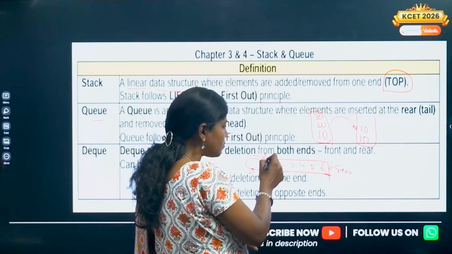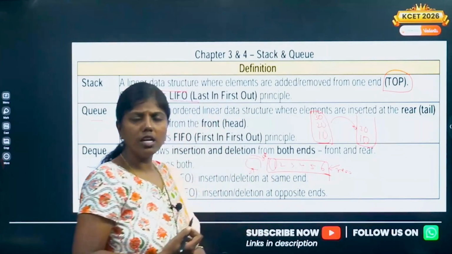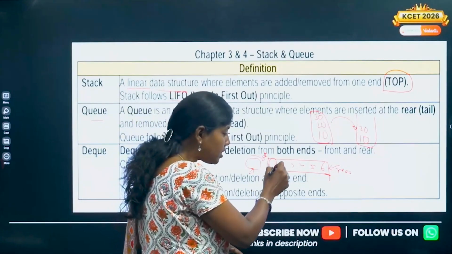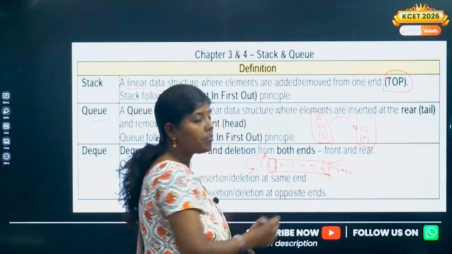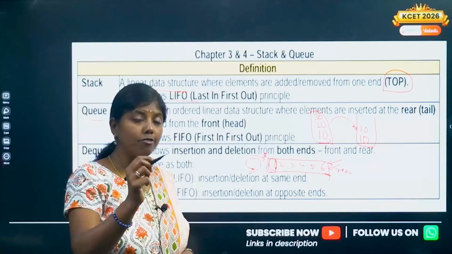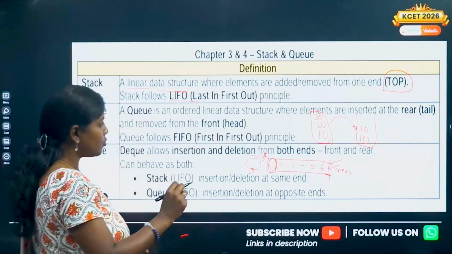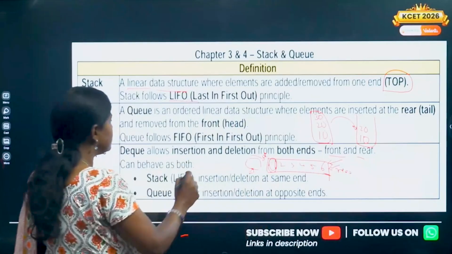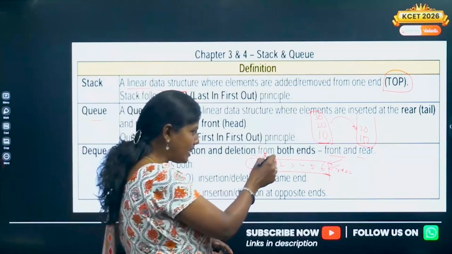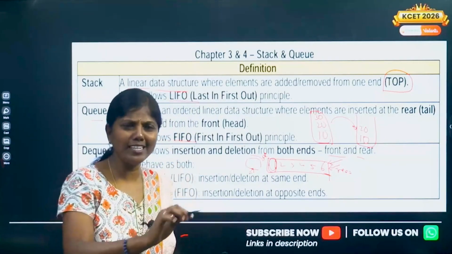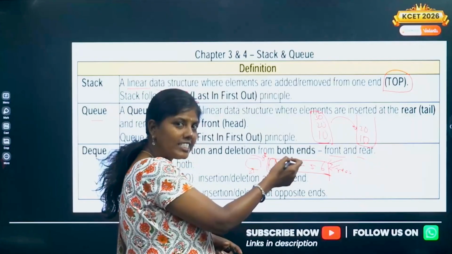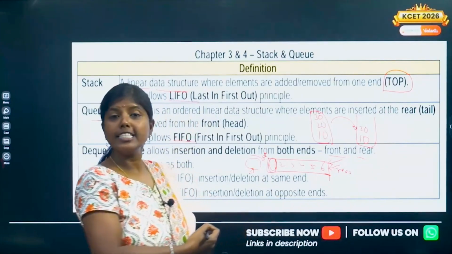Similarly, deletion takes place when a person is done with his work and quits from the front. So here, deletion takes place from the front end and insertion takes place from the rear end. Queue has 2 pointers, the front end and the rear end, and follows a principle called FIFO, that is first in, first out. The person who is standing first has to be served first. There are some exceptions also, which we'll see. Insertion and deletion take place from 2 different ends. We call it a queue.